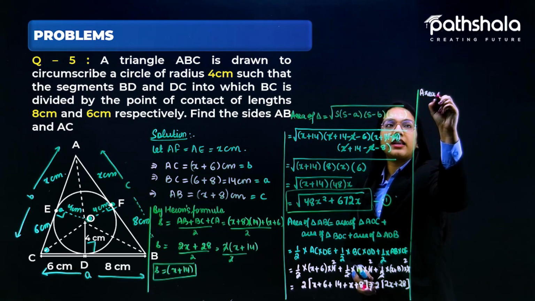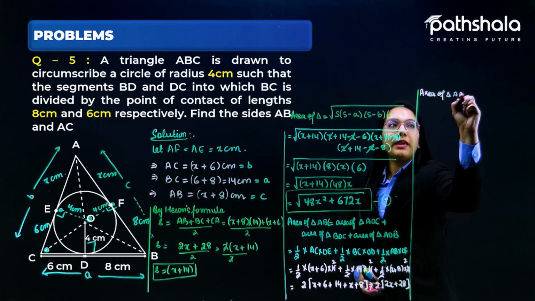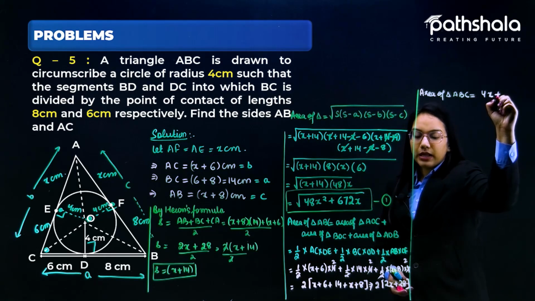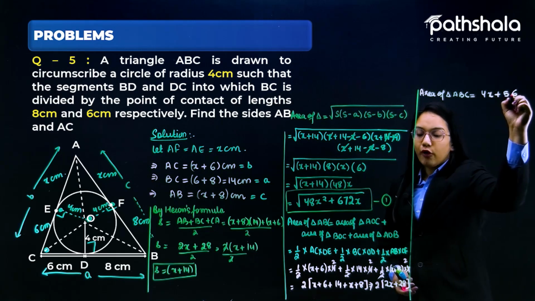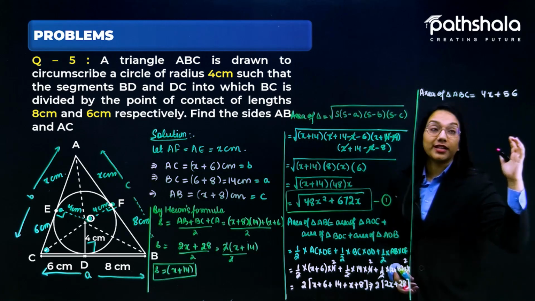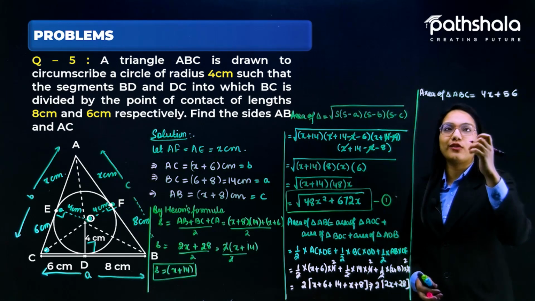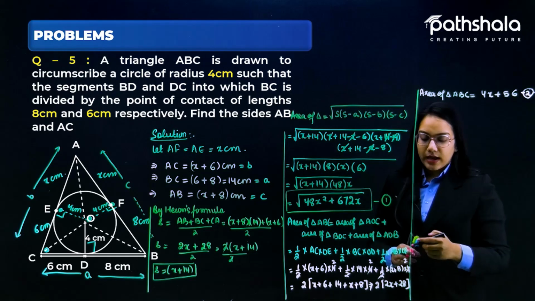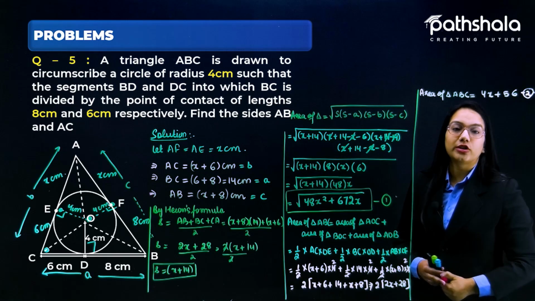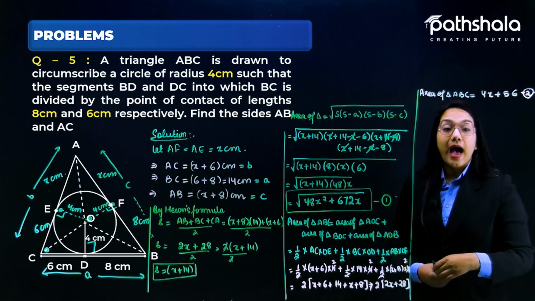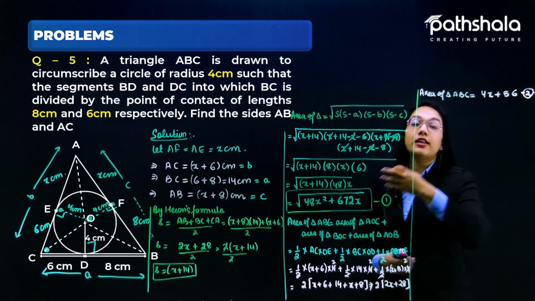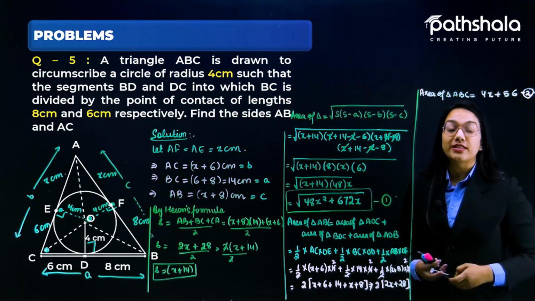So at the end we are getting the area of the triangle ABC as nothing but 4x plus 56. We are getting this as the area of the triangle. Let us suppose I am calling this equation 2. Since we are just talking about the area of the triangle ABC, either we find the area from Heron's formula or we find the area from half into base into height,